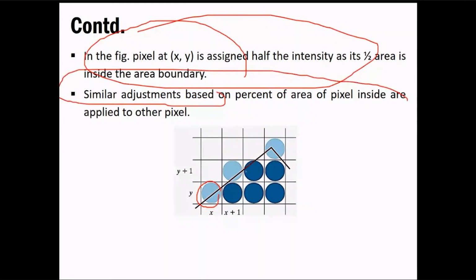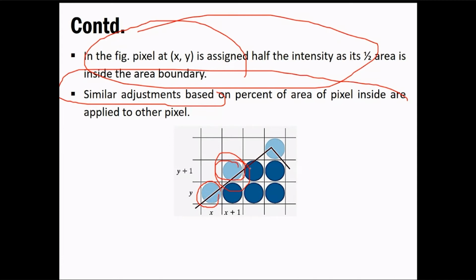Similarly over here you would be having something like 75, so similar intensity could be given here. You have lower intensity for this particular pixel. Suppose there is 75% coverage, and you have more than 75% outside of that particular line. Then you can similarly give the intensity value of 0.25 to this particular pixel. That would say that the major part of the line is not covered by this pixel, so we'd be giving lower intensity.